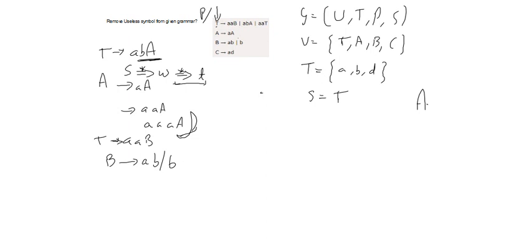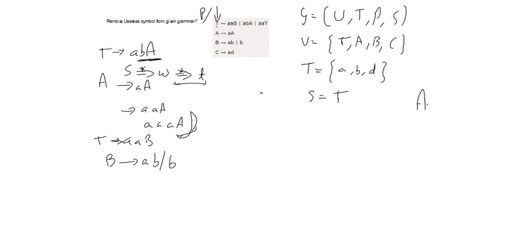So in the production line, you can obtain B from the starting symbol and it can terminate with the terminal symbol also. So obviously, it will be a part of string derivation in the language. So B is a useful symbol. Then you look into the next non-terminal C. We need to check whether C is obtained from T directly or indirectly. Here C is not derived from the starting symbol. Either directly or indirectly we cannot get a C. So in this example, C is a useless symbol.